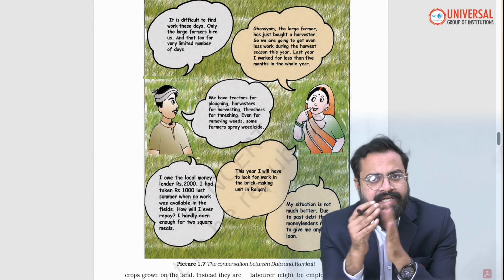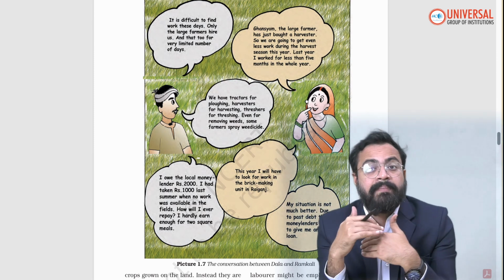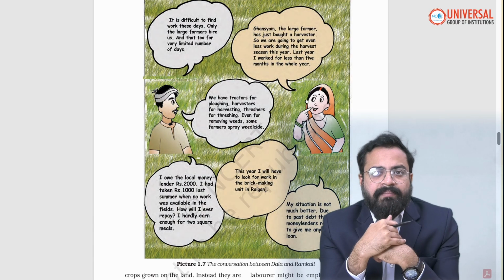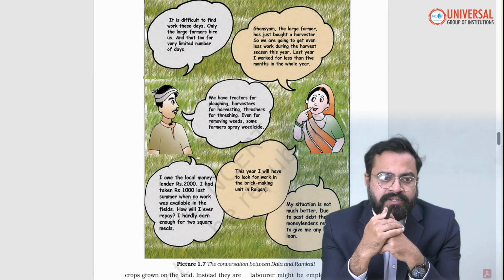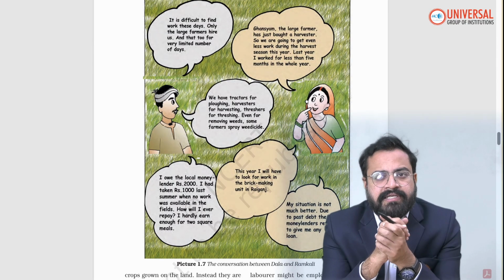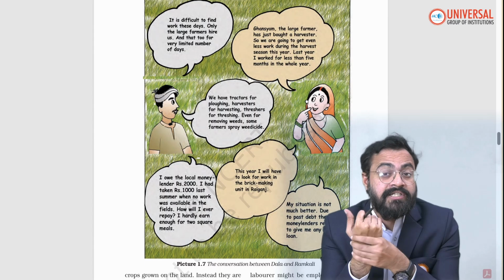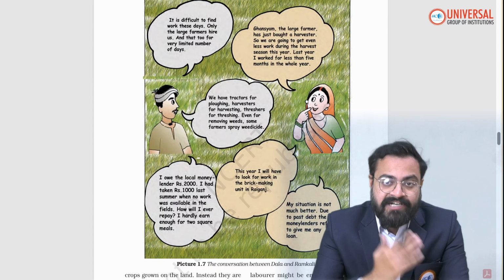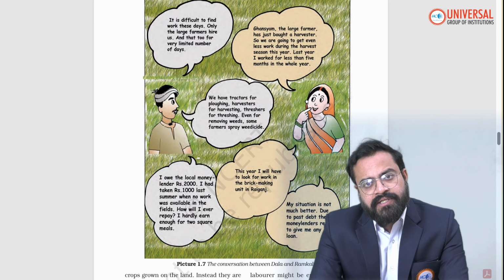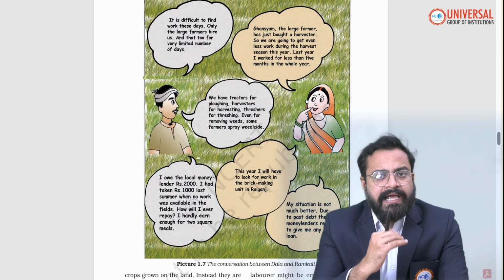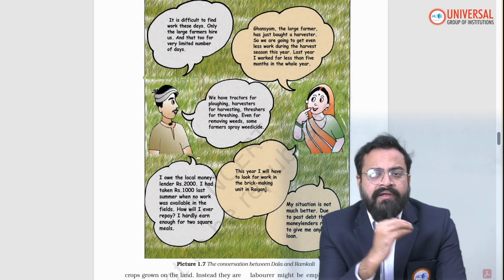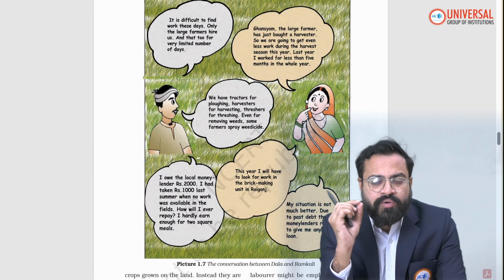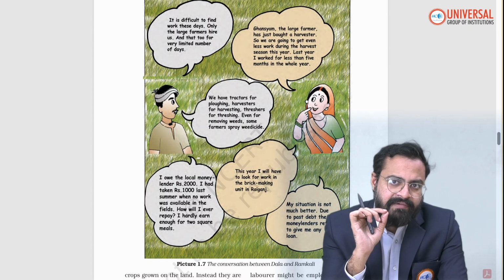Then we have the informal credit, where people approach the money lenders and the microfinance institutions, which are charging exorbitantly high interest. As a part of this, the government of India in the year 1975... do comment who was the prime minister in the year 1975.